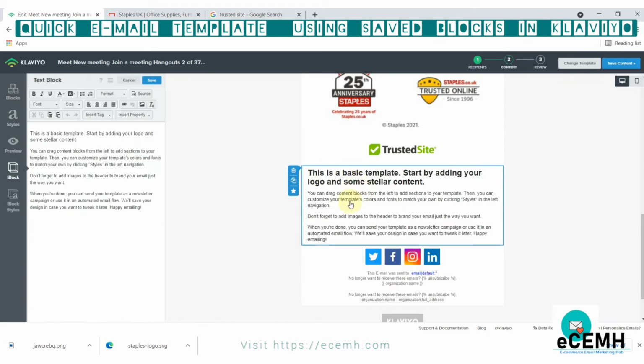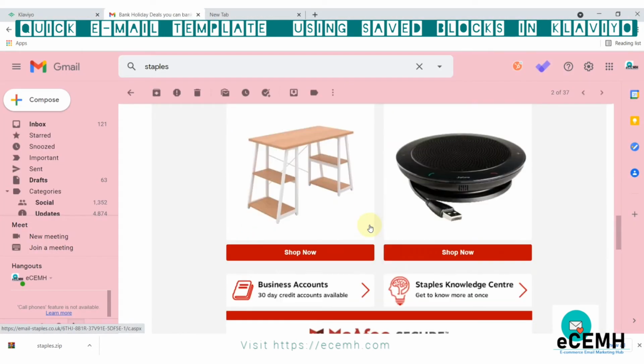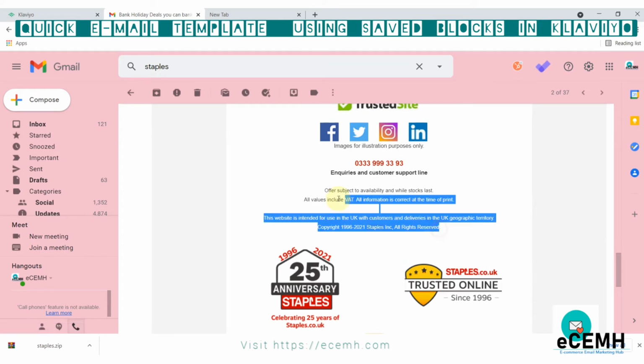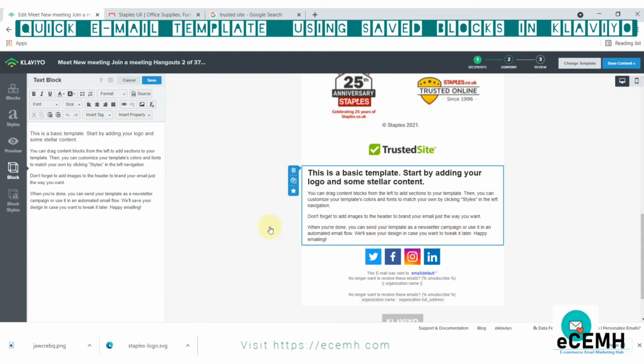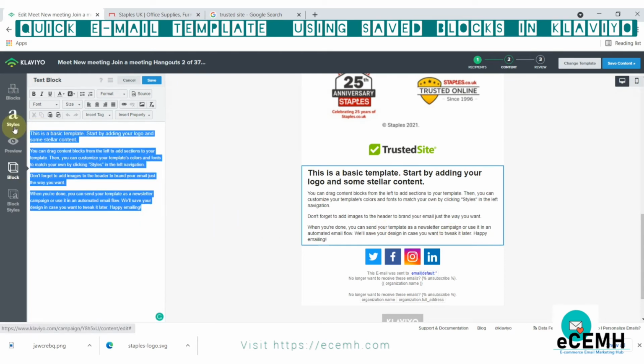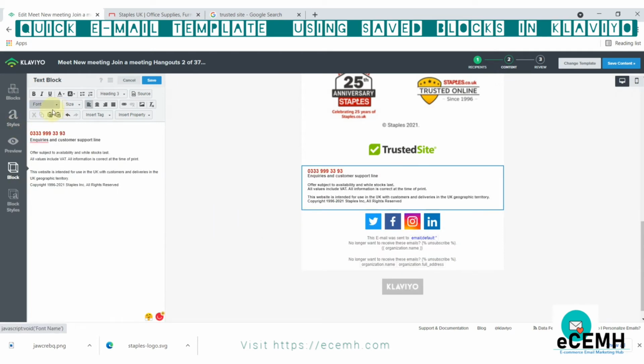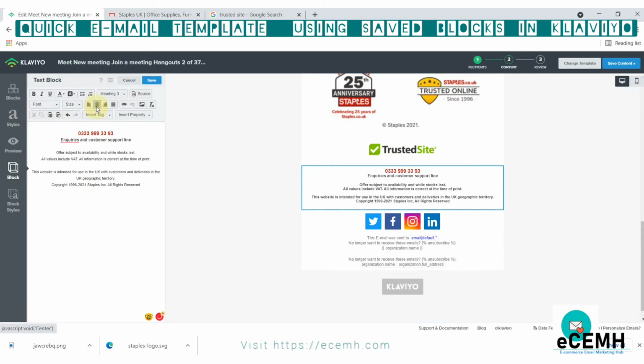Here. Now what we will do, we will just copy paste the text from the original template, just like this. Contact number. You can be as creative as you can. If you want to make some changes, increase or decrease the font size, it's up to you.